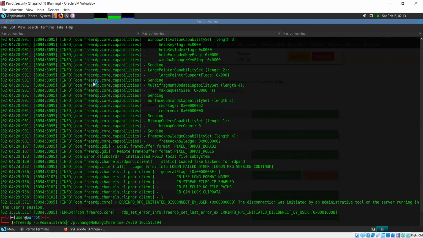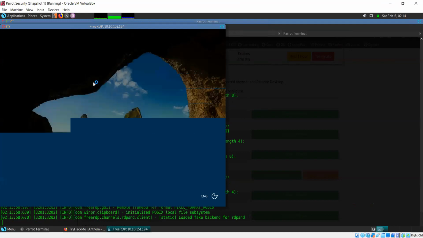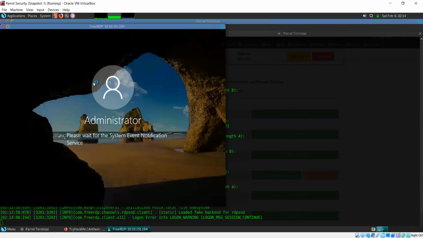Since we are getting a connection, that means that was the administrator password. And as you can see, now we are logging in as the admin.